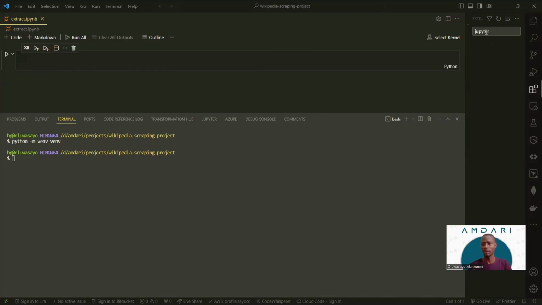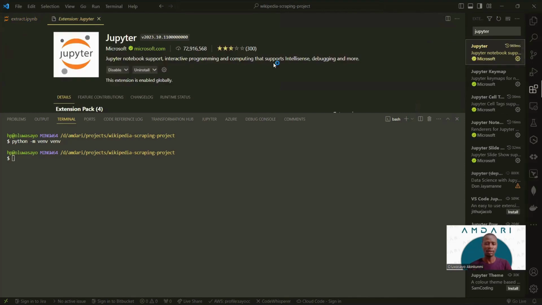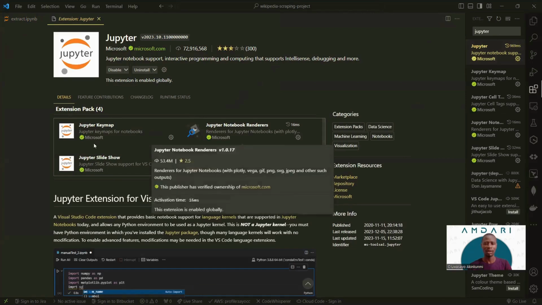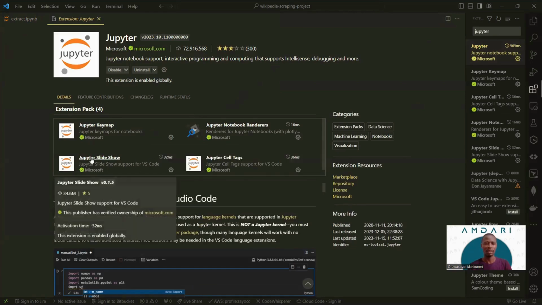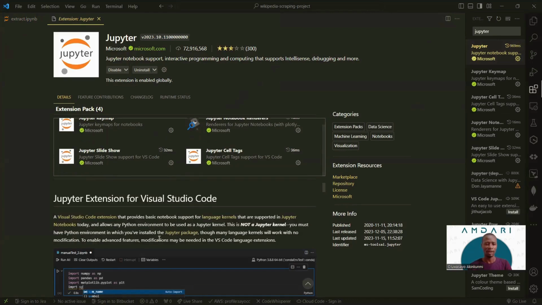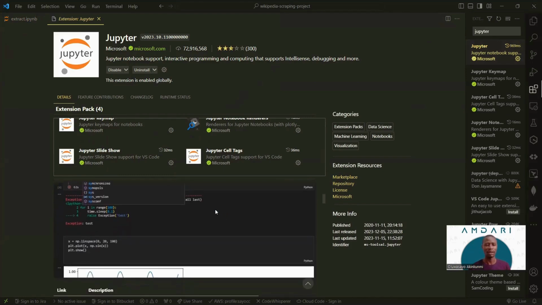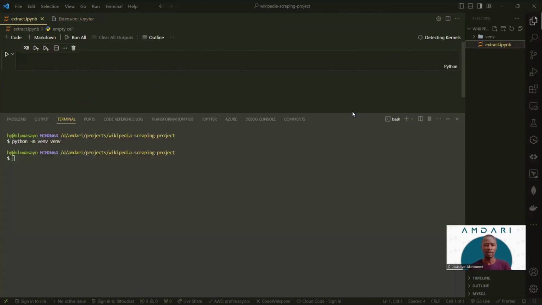If I just search for Jupyter, you can see this Jupyter extension by Microsoft, right? That's the extension you want to install. So it's an extension pack that comes with other extensions. You can see this one says Jupyter Cell Tags, Jupyter Slideshow, and all that, right? So it basically allows you to run Jupyter Notebook files from within VS Code, which is really good, right? So you can just install this, then you'll be able to work with Jupyter Notebook files within your VS Code environment,